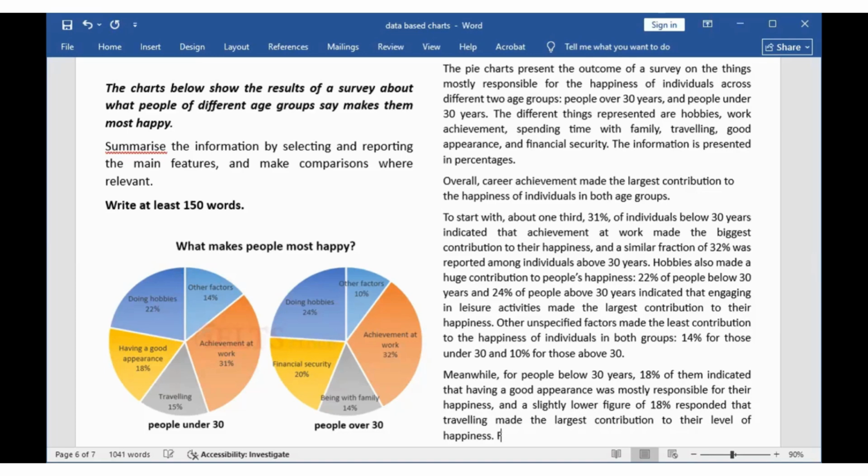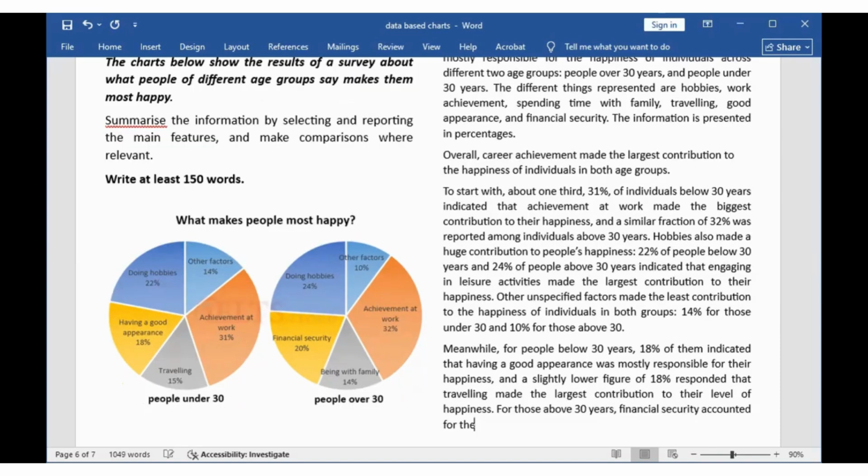For those above 30 years, financial security accounted for the happiness of 1/5 of the respondents, and a lower fraction of 14% indicated that their happiness